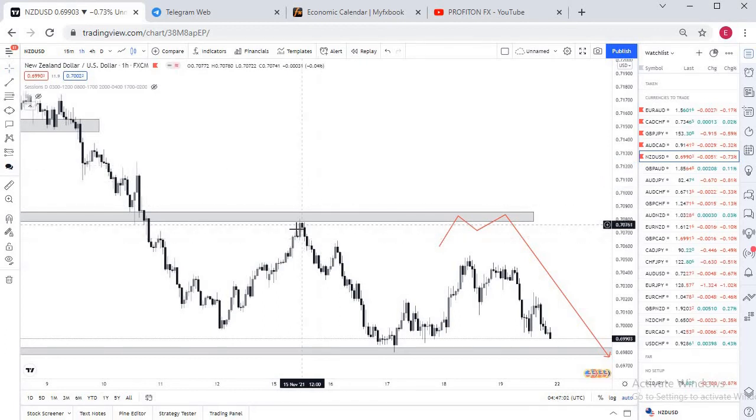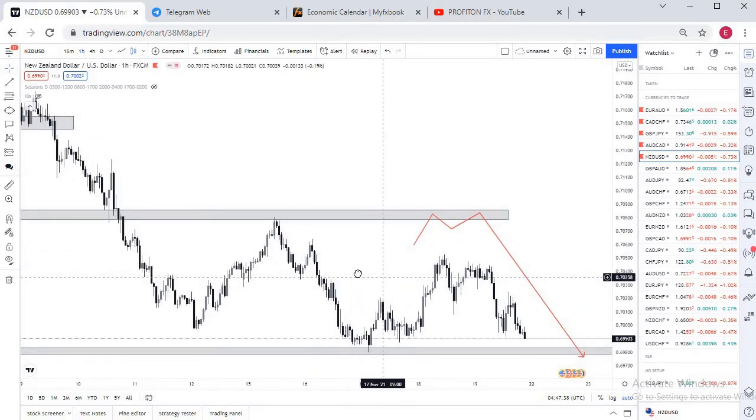So here at this point, I was looking for some sort of a double top or multiple rejections. However, price moved quite fast. We were not able to see multiple rejections. So price just touched. We did not see a bearish pin bar. We never saw bearish engulfing. It just touched that level and immediately moved to our target here. So I was not able to catch this trade. However, we just move on regardless.